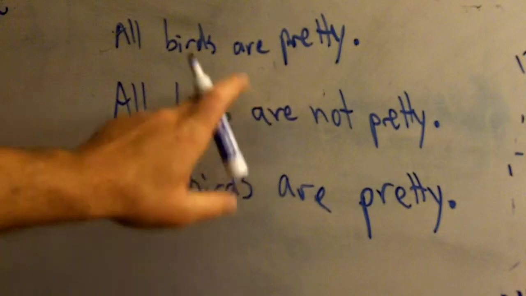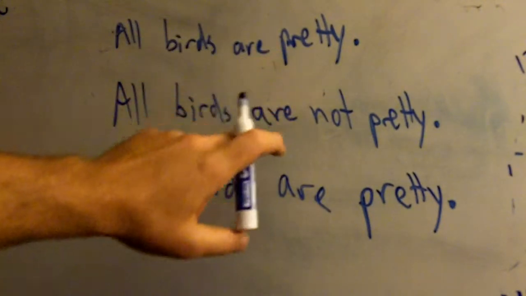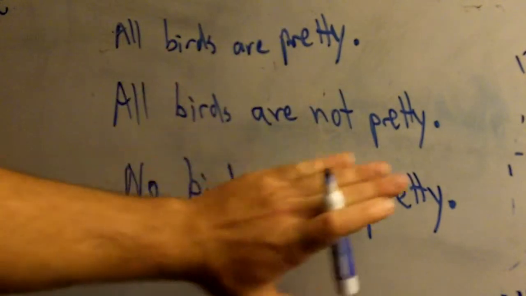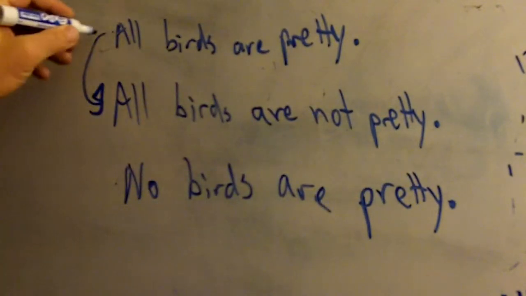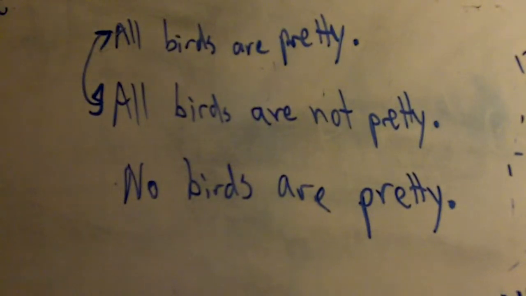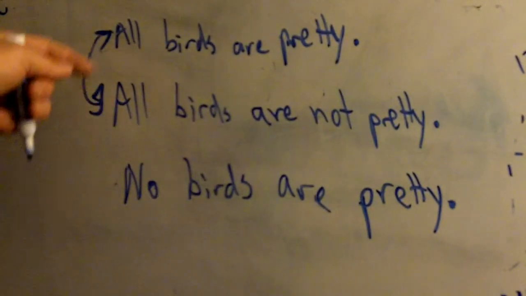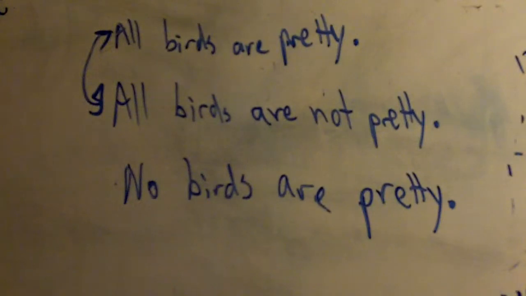The way you form the contrary is to change the assertion, which says what is, to the denial, which says what is not. You keep the same subject and the same predicate, and that forms a contrary. This is one way to form the contrary premise. The reason why it's contrary is that if one is true, it means the other one is false. But if one is false, it's not necessary that the other one is true. That's the form of a contrary.